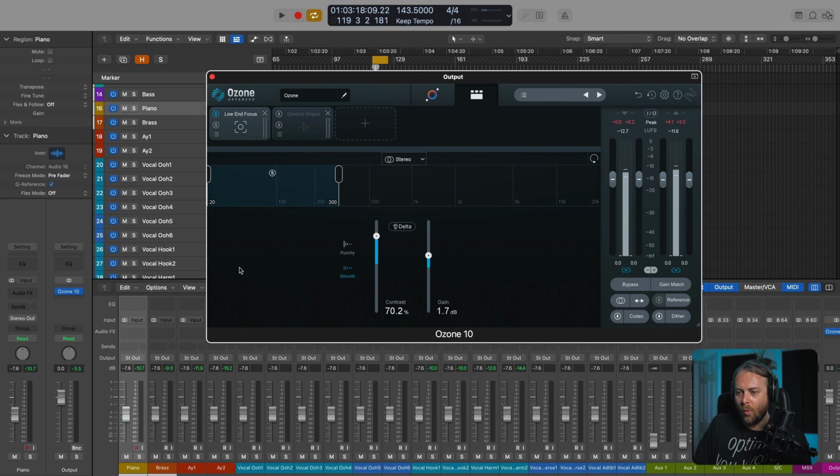So one other way that I've seen this module used is to control some of the already very contrasted elements in a mix. So sometimes when sub bass is out of control, that's when I see people go to Smooth or Punchy and bring the contrast down.